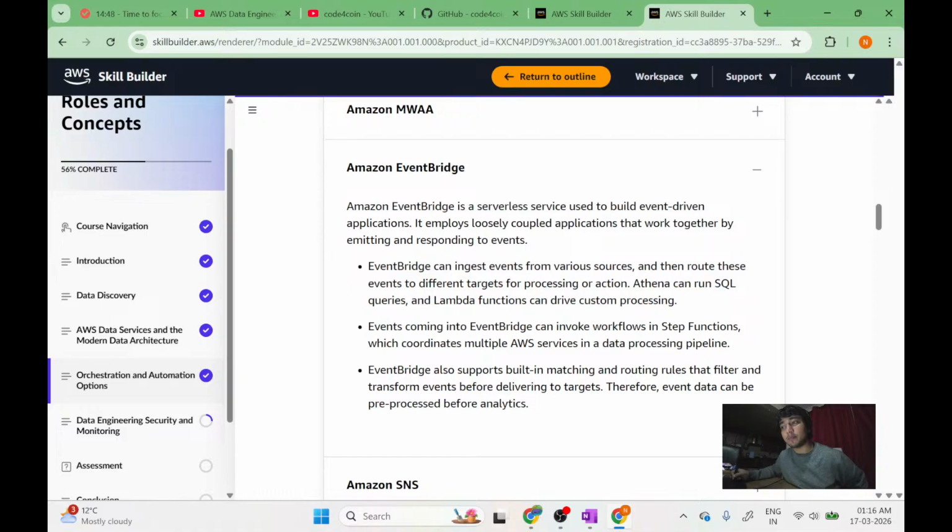Athena can run SQL queries and Lambda functions can drive custom processing. Events coming into EventBridge can invoke workflows and